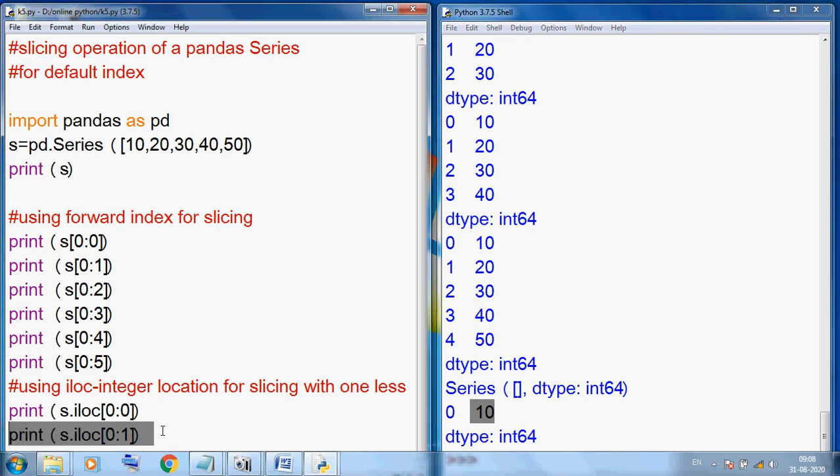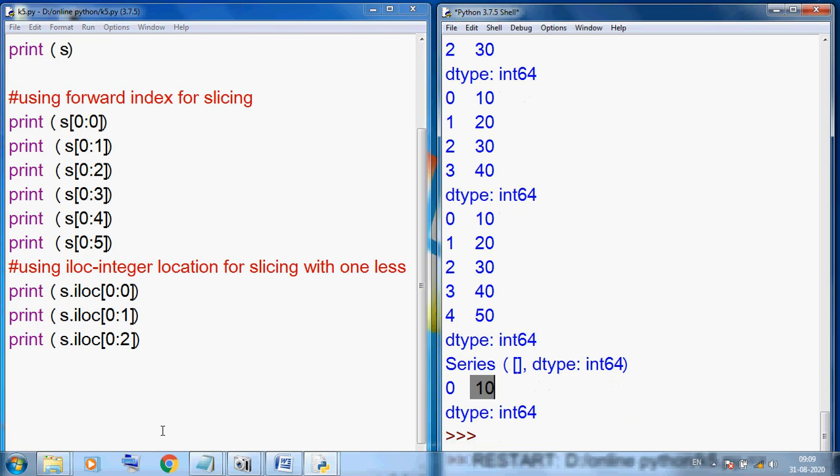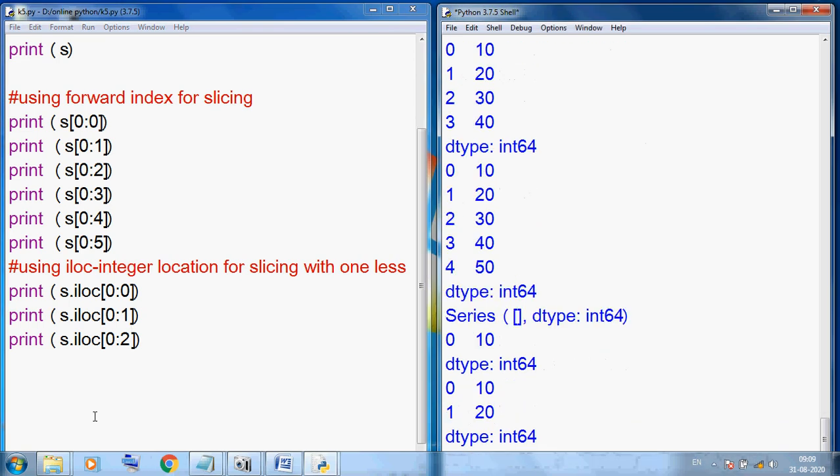Now Control S, F5. Here I am using 2. Control S, F5. You can see start 0, 10, then value is 1, or here is 2. So always one less. You can see this output.